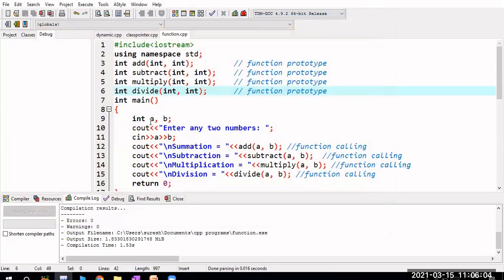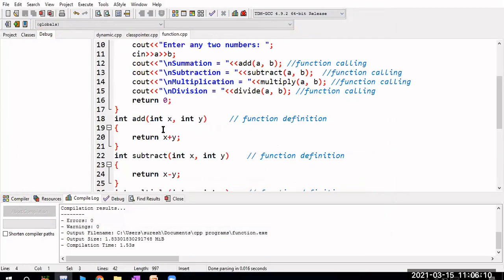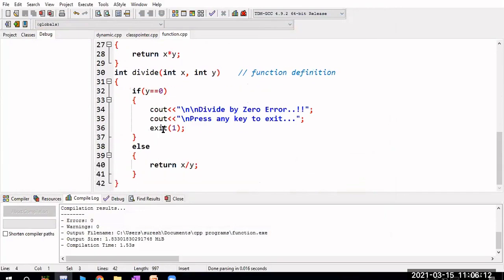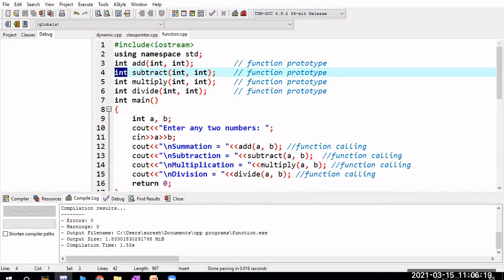Okay, it won't give a decimal point. If you want to get floating point values, then I can use the float data type, and then you will get the float values. Okay. Yes, sir. Okay then, thank you all.